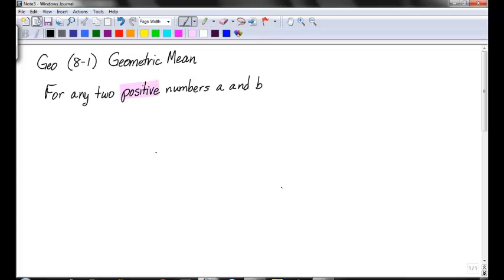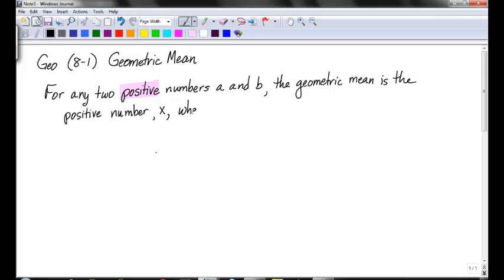For any two positive numbers A and B, the geometric mean is the positive number X where the proportion